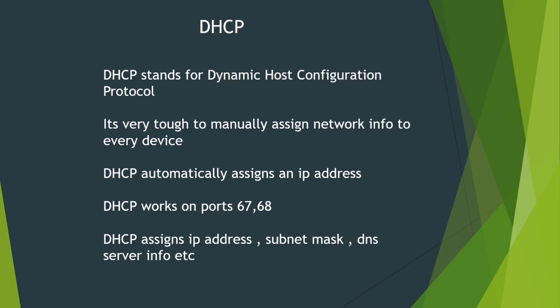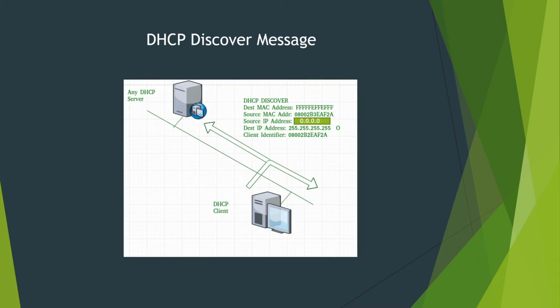Now let's see how DHCP assigns an IP address to the client. First thing is, I am this client, this is my computer, and I have this DHCP server. I don't know if I have any DHCP servers in my network. What I have to do is, first I need to discover any DHCP servers in my network. For that, I will send a message called the DHCP discover message. In that message, the following parameters are given: the destination MAC address is all Fs, because I need to broadcast to everyone whether you are providing any DHCP service or not.